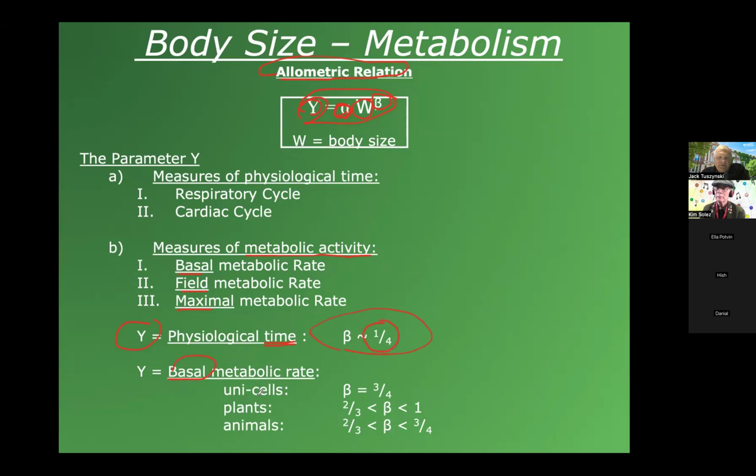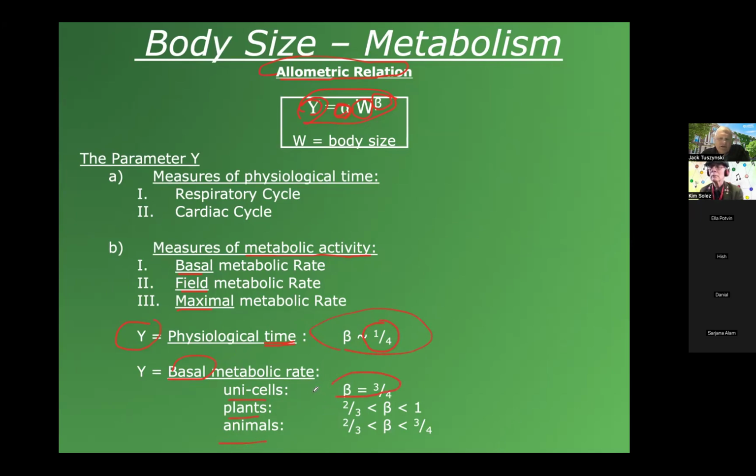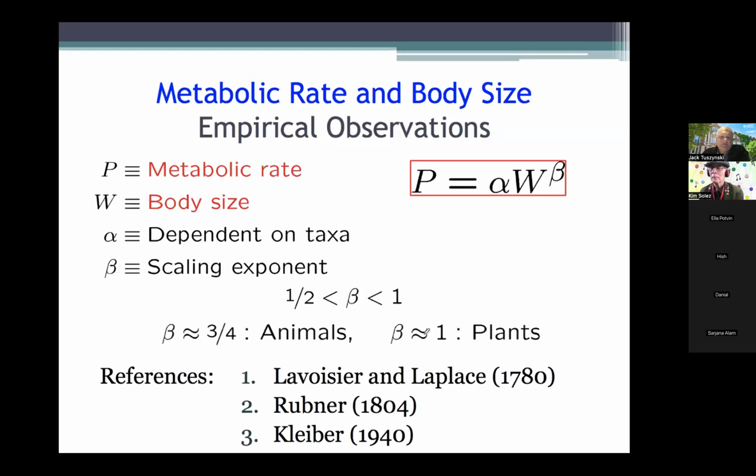And then when you look at the metabolic rates themselves, and especially basal metabolic rate, you have these sets of exponents which are characteristic of different organisms. Unicellular organisms have a very clear 3/4 exponent, which is kind of dominant in all other species. But for plants, there is a greater variation between 2/3 and 1. For animals, between 2/3 and 3/4. So everywhere you see either 3/4 or 2/3, and that drew the attention of scientists. So we will look at these characteristic exponents of 1/2, 3/4, and 2/3. I think it's not shown here.